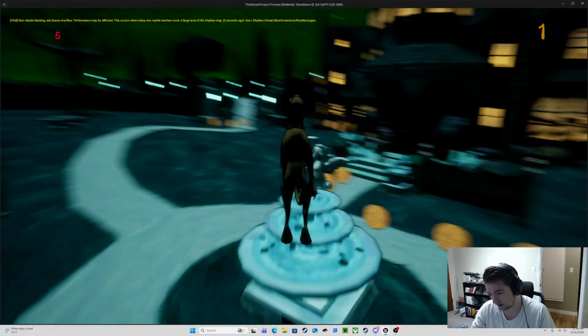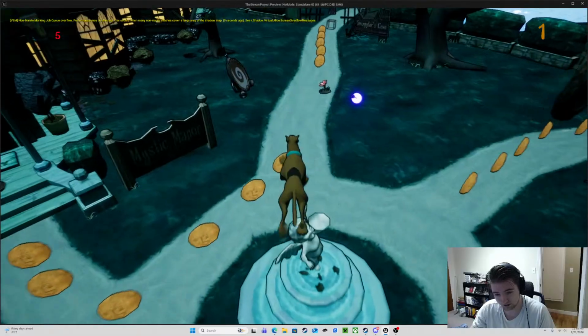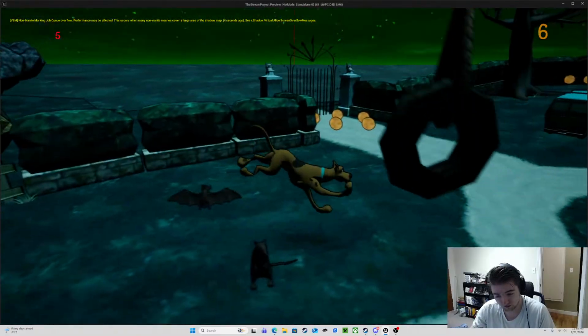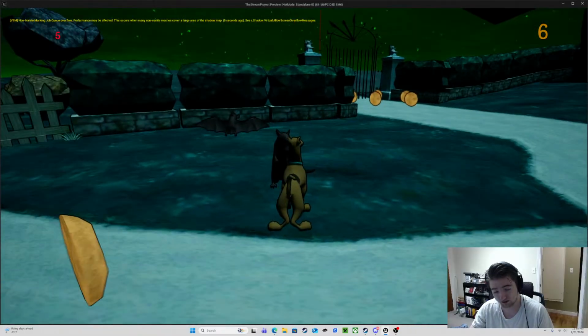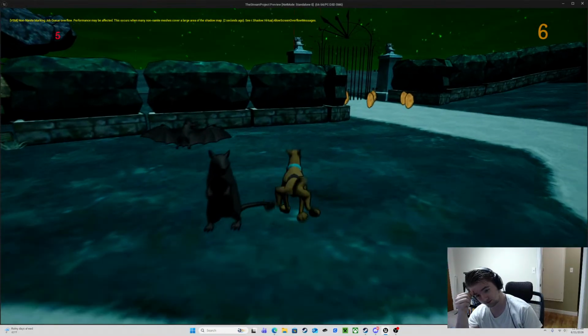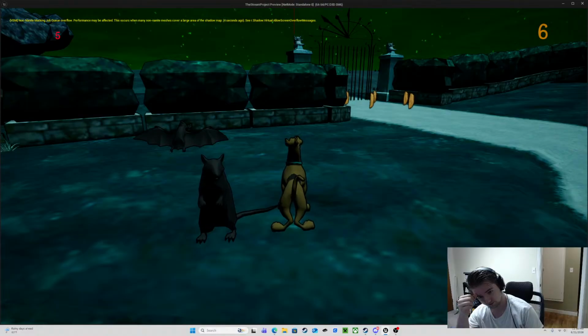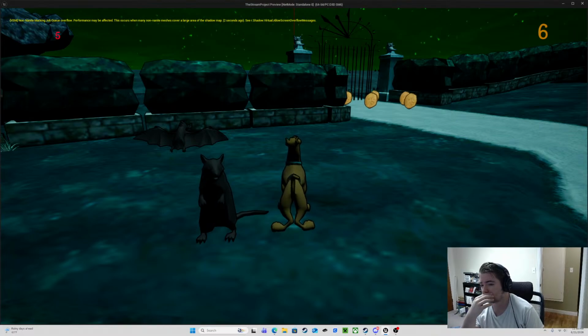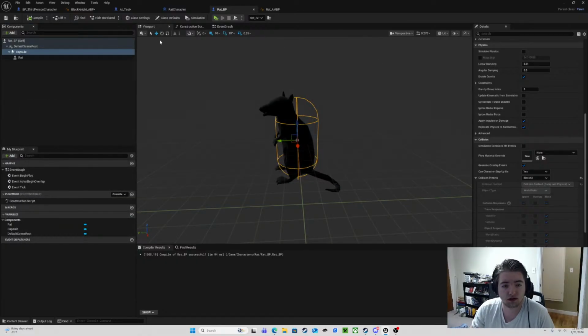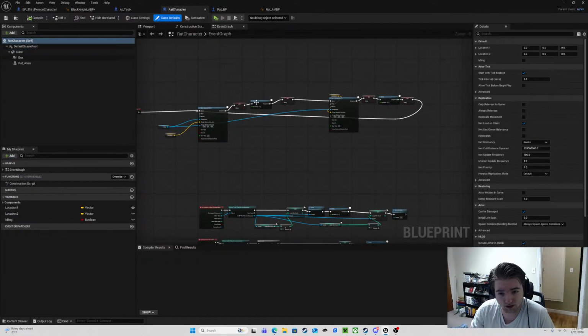It just needs to be tuned up a little bit. We have a rat. Bless you. Sorry. So we have a rat. What can we do with this rat? That's the next question. So, in my rat character blueprint here,